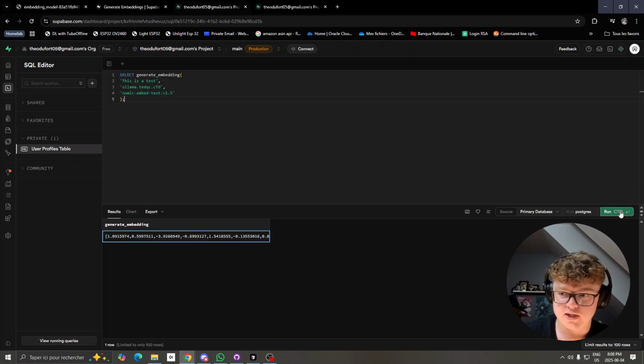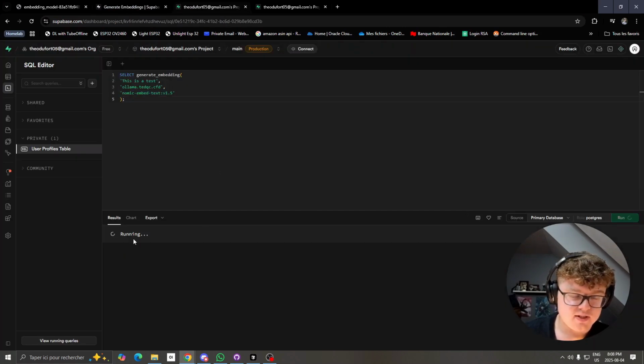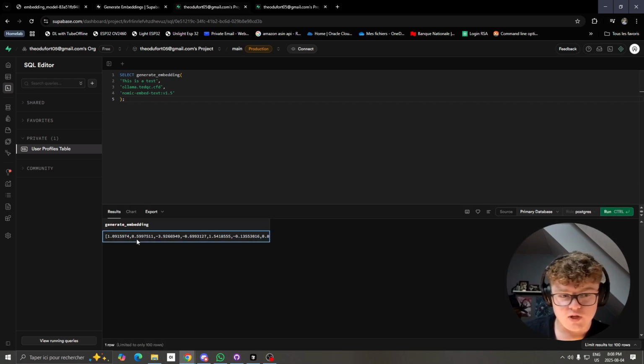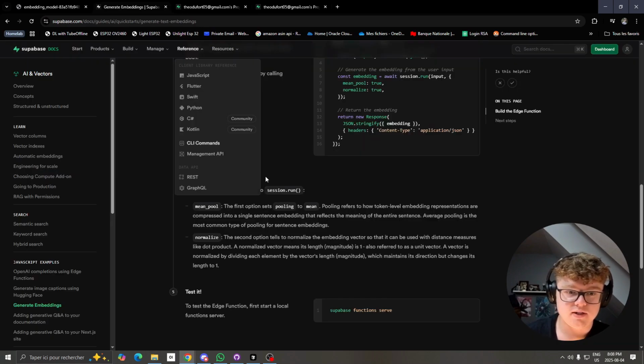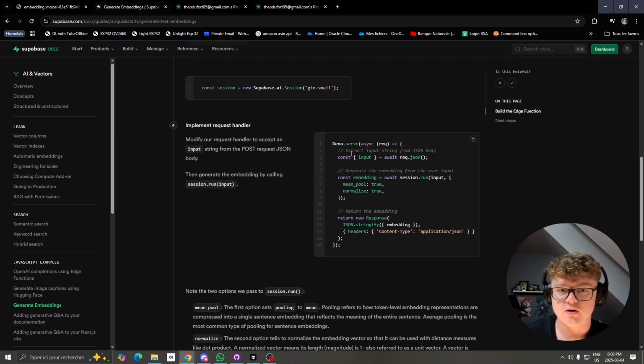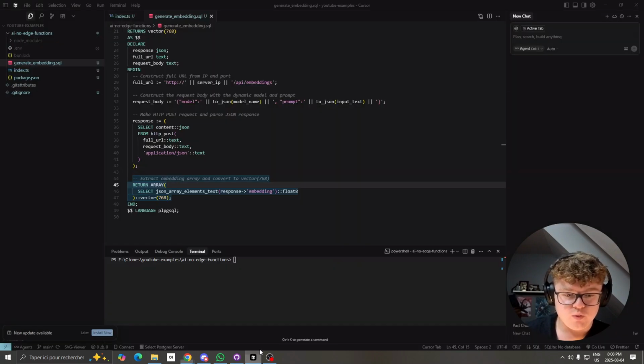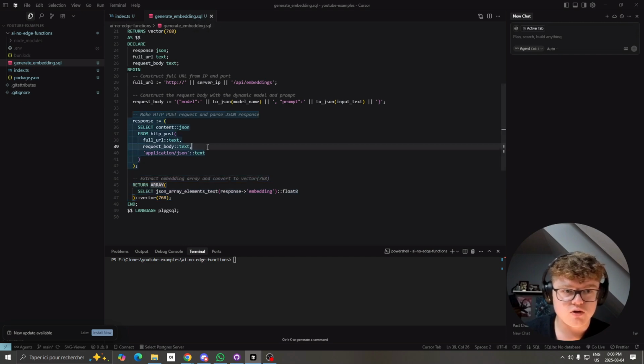So if I run it again, we can see that it's going to load. And we have the result right here, which is our expected result. Now, how would you call this via, let's say, JavaScript instead of calling it like they did right here with their edge function? What we're going to do is, once we've created that function, make sure to run that